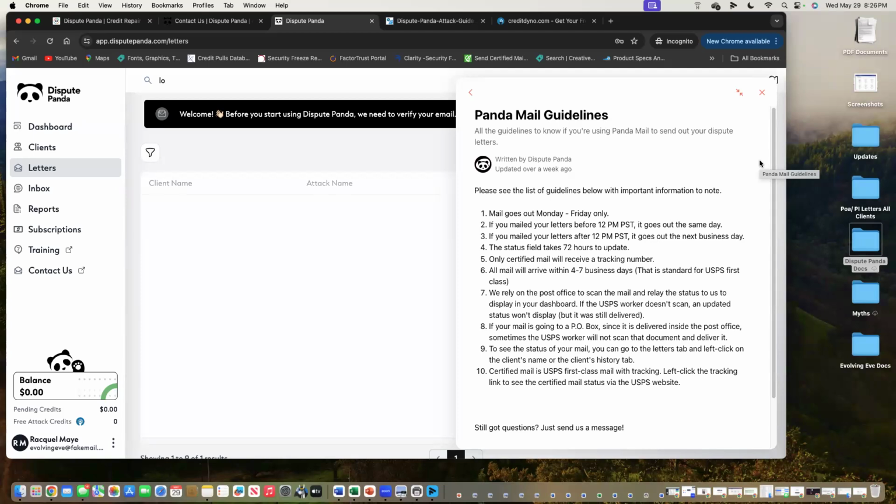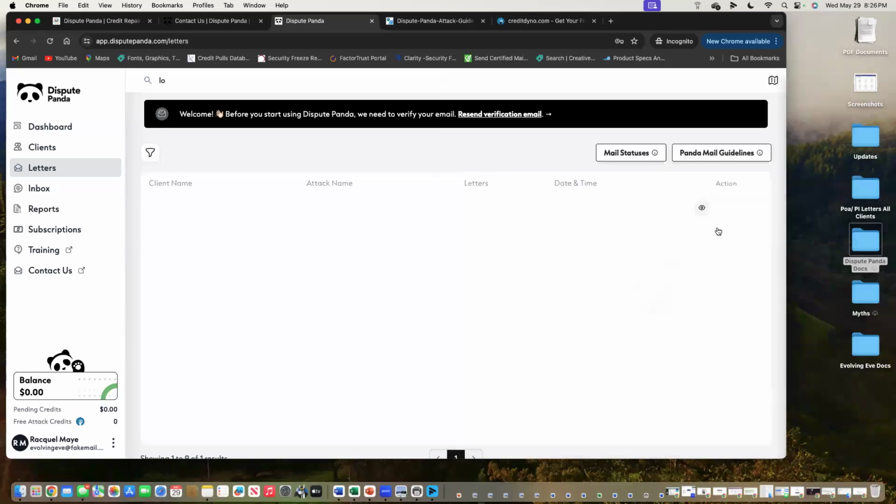Please note that the only time you can have certified or guaranteed is if you do certified mail. Otherwise, first class mail goes out just as if you were taking the envelope to the post office and handing it to the post office worker. You do not have to log into USPS. Under the letters tab, there will be an option right here. When you click on it, you can open it and see the tracks. You can click on USPS from the system here, so you don't have to have 2 things open. You can come here to get what you need.